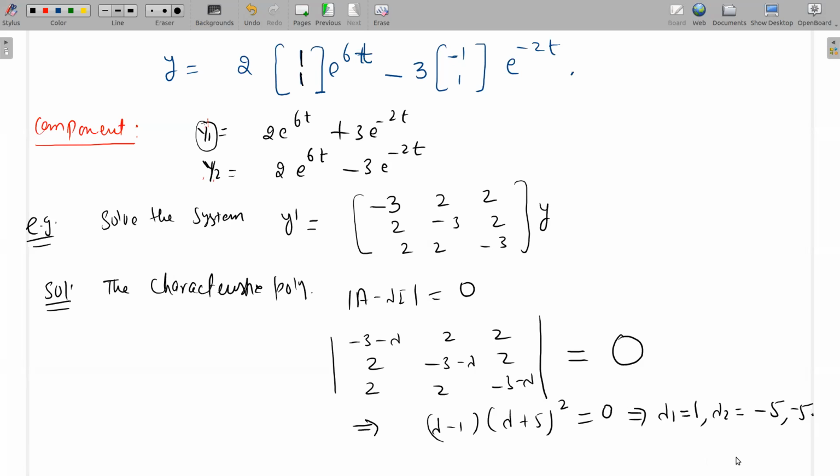Okay, so here both things can happen. Either you will get linearly independent eigenvectors, then if you get two different eigenvectors then it's okay, but if you won't get two different eigenvectors then you need to reformulate, that is case 2. So we try with each eigenvalue. So start from 1, find the eigenvector corresponding to 1, and then find the eigenvector corresponding to minus 5. Okay,